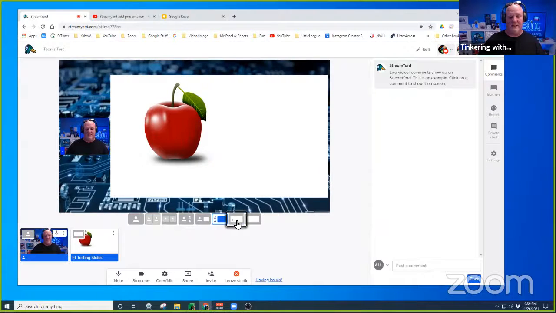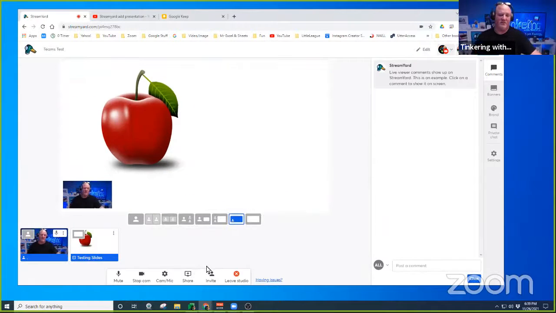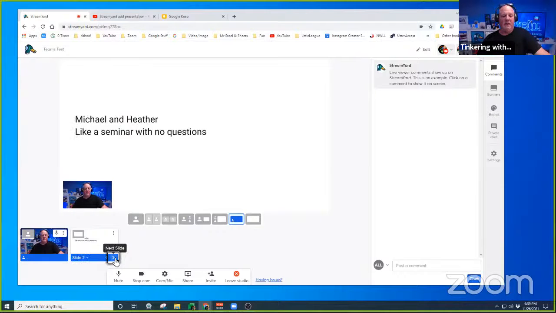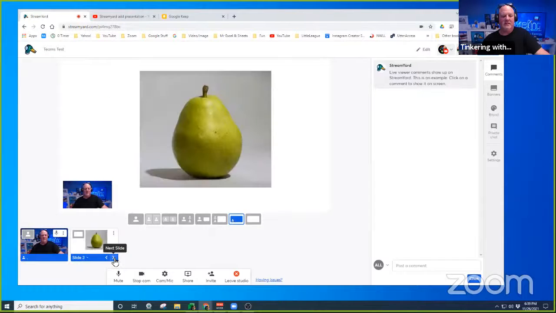One thing that's nice, I kind of like this one too. This one's kind of nice because it's full screen. You don't have to worry about any of your task bars or any of that kind of stuff. Anything showing from your computer is just straight up the slide, which is kind of nice. The other thing is it does have the slide where you choose it right here, but it also has it down here, which is really nice, very convenient. So then you see exactly what everybody's seeing, and it just goes from one slide to the next,